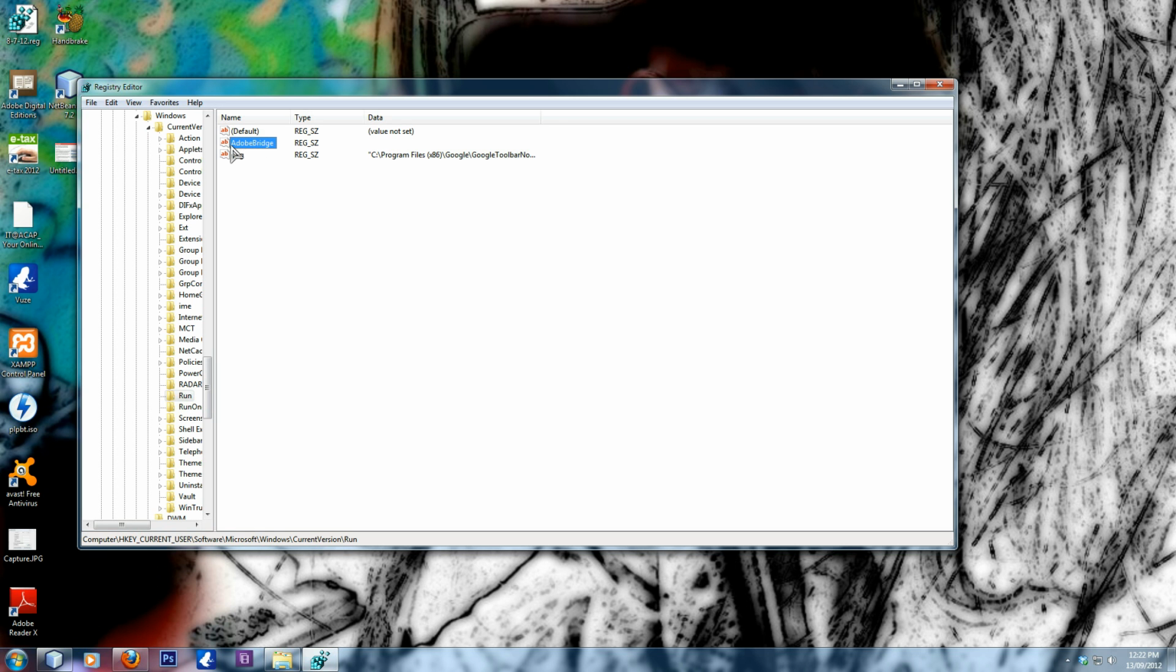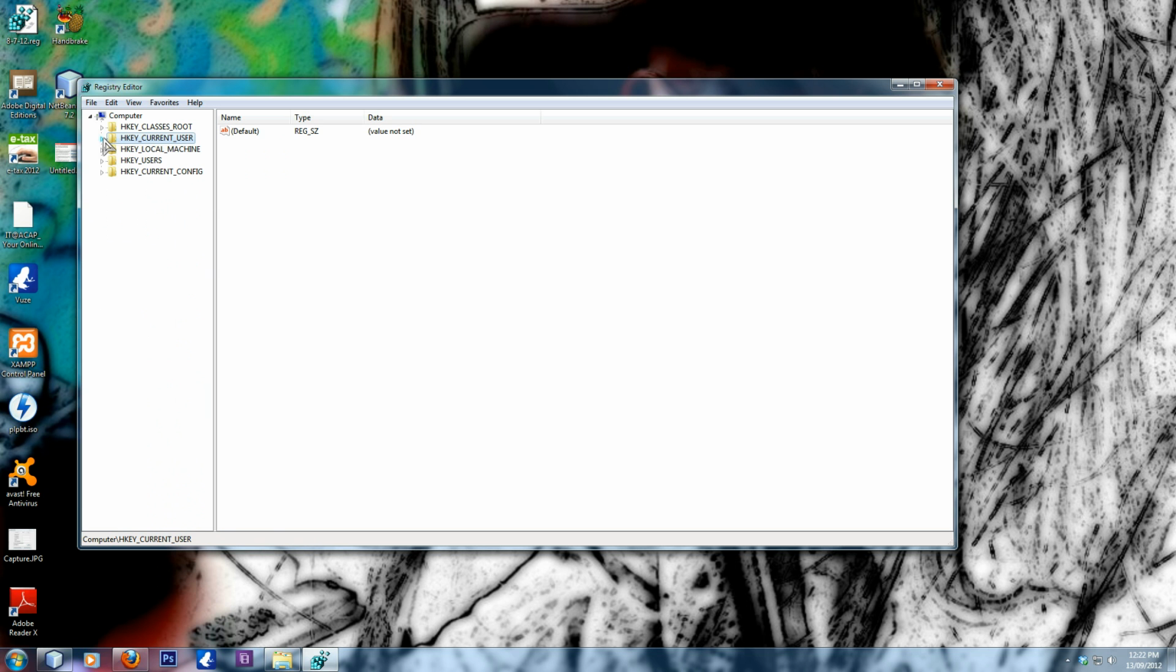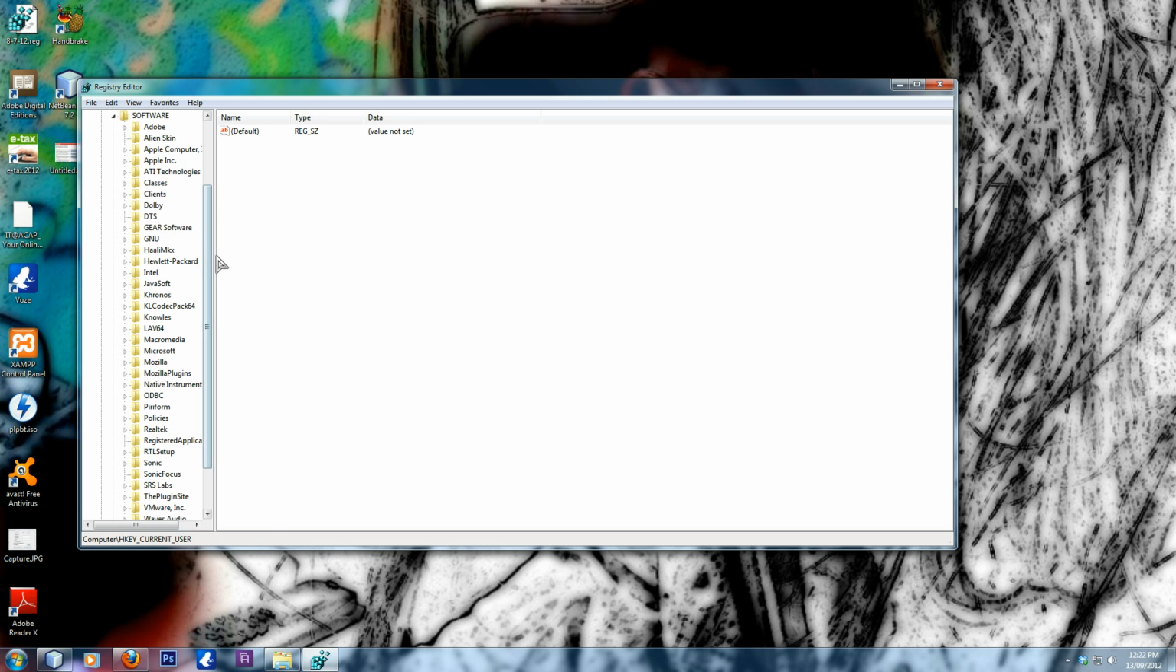Now if I wanted to delete one of them, I'd just right click, delete. But I want both those things to start, so I'm not going to delete them. But yeah, that's what runs when you log on. Now to see what runs when the computer starts, we go to Local Machine, Software,